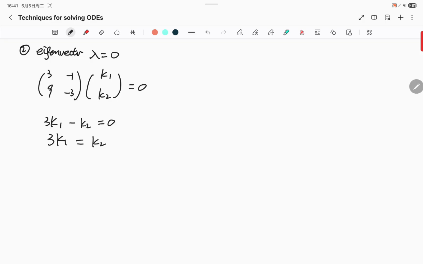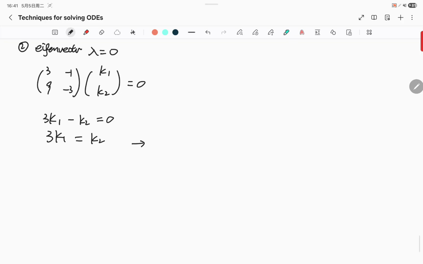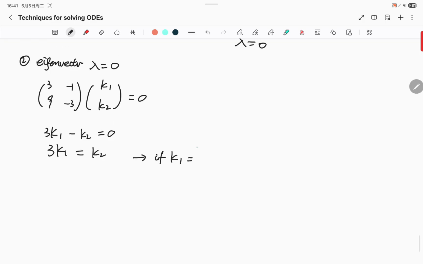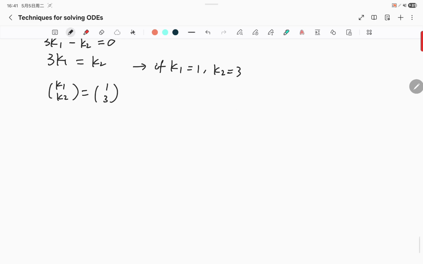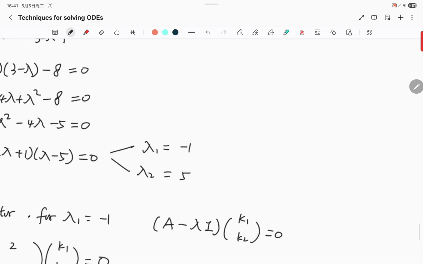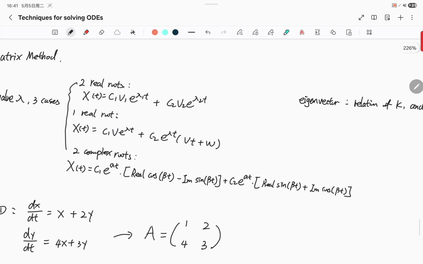What does this mean? This means, and personally I prefer writing this small if statement, if k1 is equal to 1, then my k2 is going to be 3. So my k1, k2 is going to be 1 and 3. Now, how about the second eigenvector? Because we need 2 eigenvectors. Why? Let's look at the